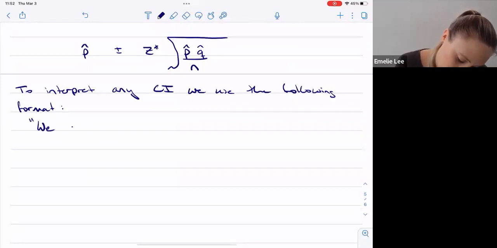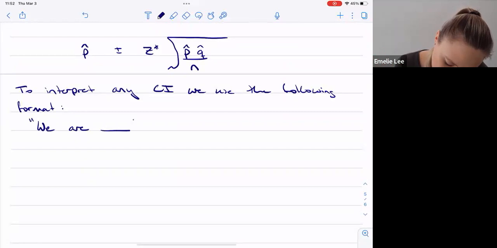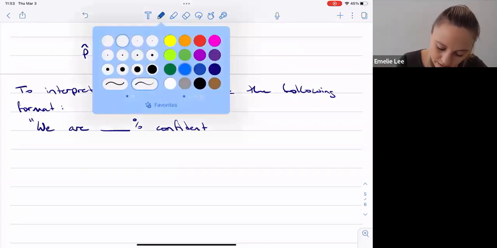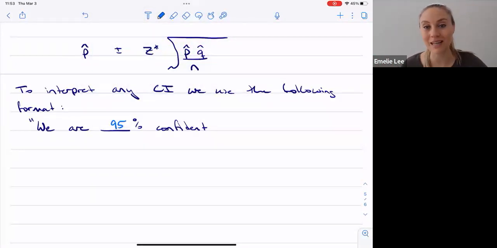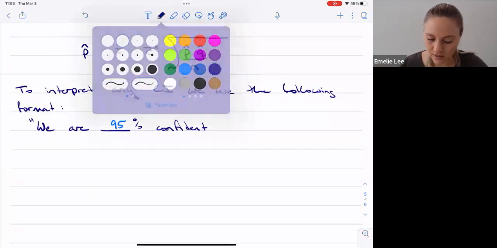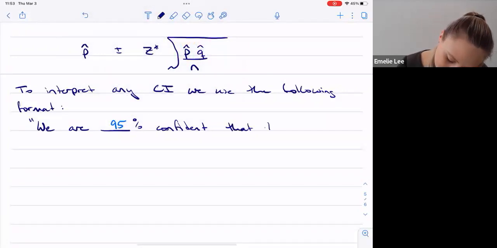So we would say, I usually just start with, we are some percentage. So we are blank percent confident. And here's where you would put maybe 95% or something like that, depending on what interval you built. We're blank percent confident that the interval